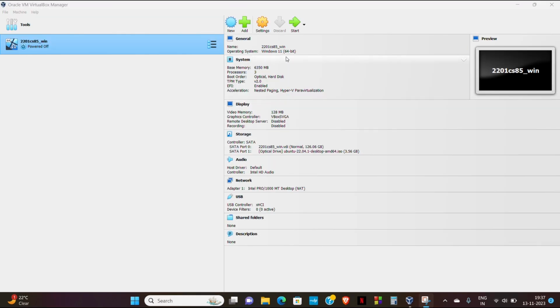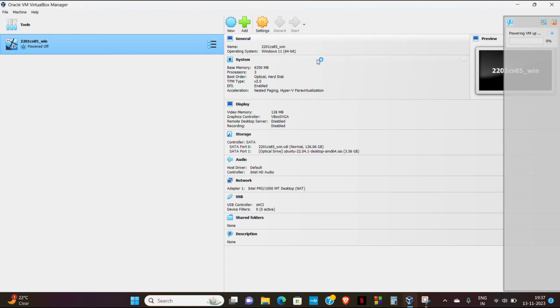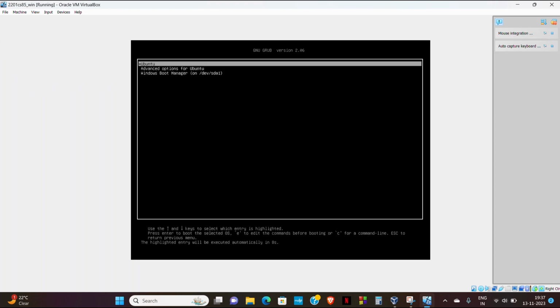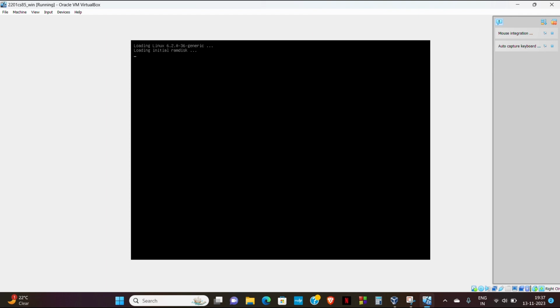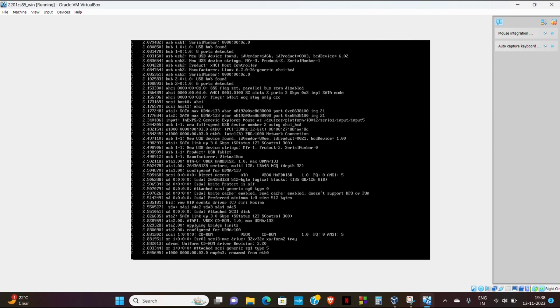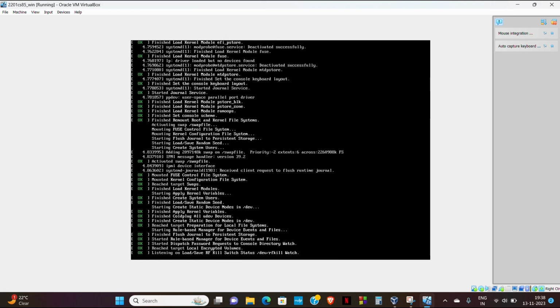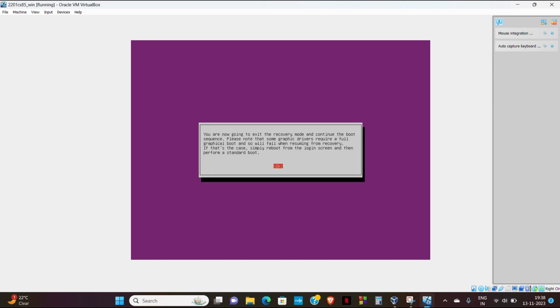After starting the virtual machine again, you will select advanced option for Ubuntu as I told you, and yes, it will power up. So you will select advanced option and then the second option of that, recovery. Then you will wait, it will recover. You will click OK, and